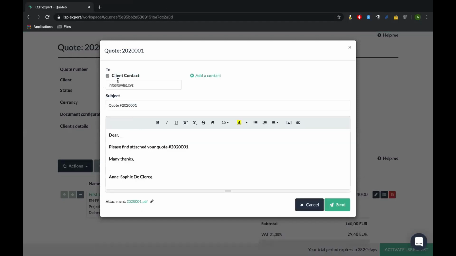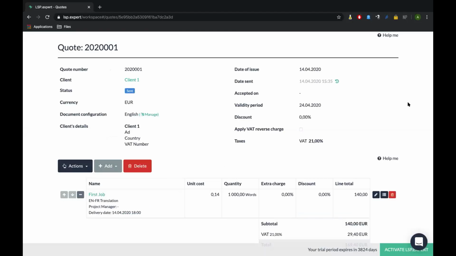I add a contact, and automatically this contact will appear anytime I need to send a quote or an invoice to that client. You can modify the email, you can modify the subject, the email, just add a signature or something like that. And you can see that the attachment corresponds to the quote you want to send. You just send it, and then your client gets it.